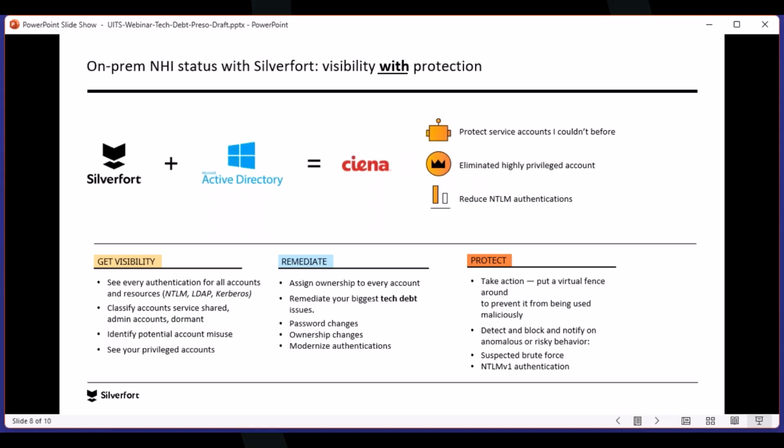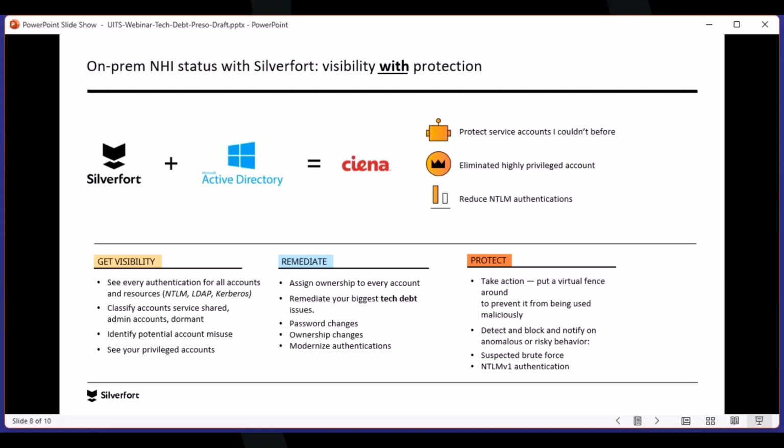Second part to that is when it comes to the password change, it's really difficult to do that, and it's scary for a lot of teams. But if you can come back to them with relevant information that says, I know that your service account is only logging in to these machines, this source, this destination, those are the places that you're going to need to change that account. You can give them the information that they probably don't have and make it much easier for them.